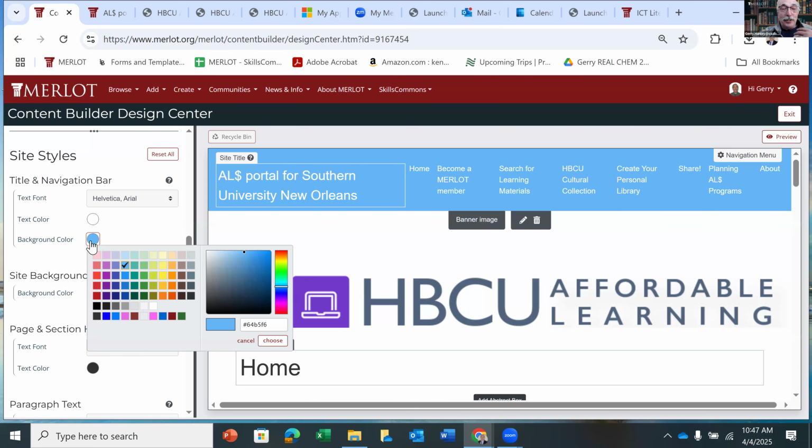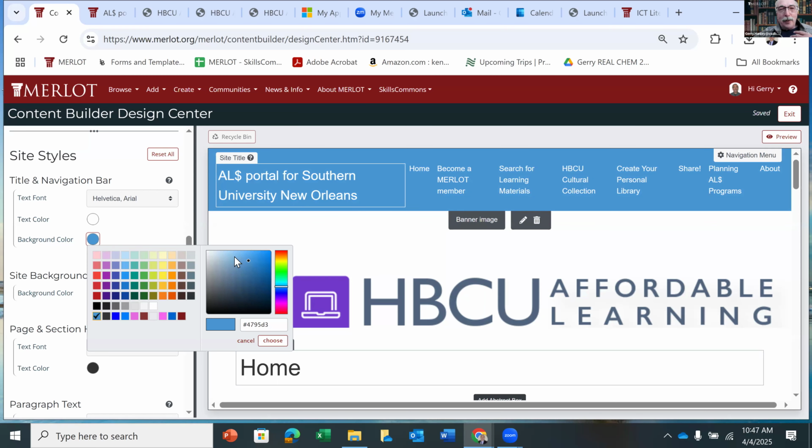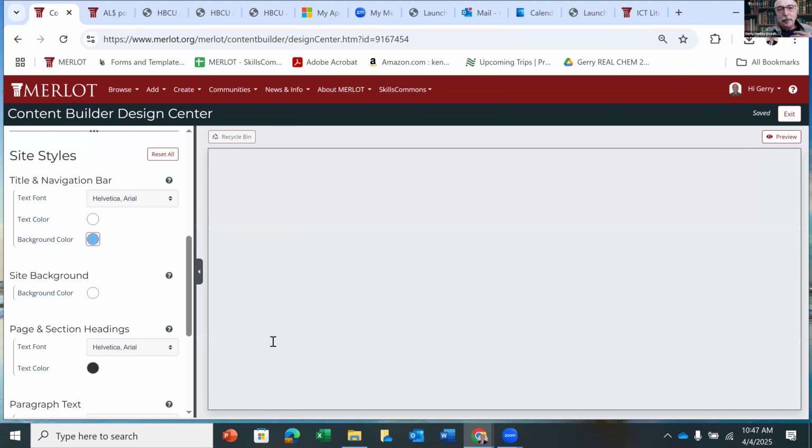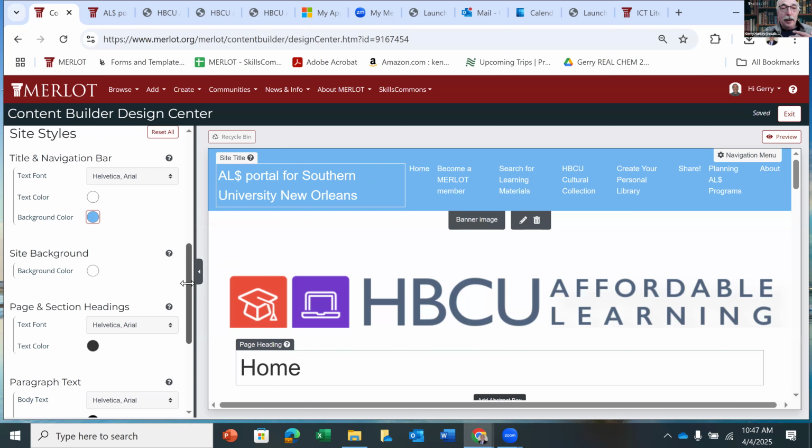But then you can go in, you just click on that button, and then you say, oh, you know what, that blue needs to be a little darker, right? And then you can say, oh, choose that, automatically changes it, okay? And then you say, oh, it's not quite right, a little too dark, so now I'm going to make it that, right? So it's really easy to do those type of things.